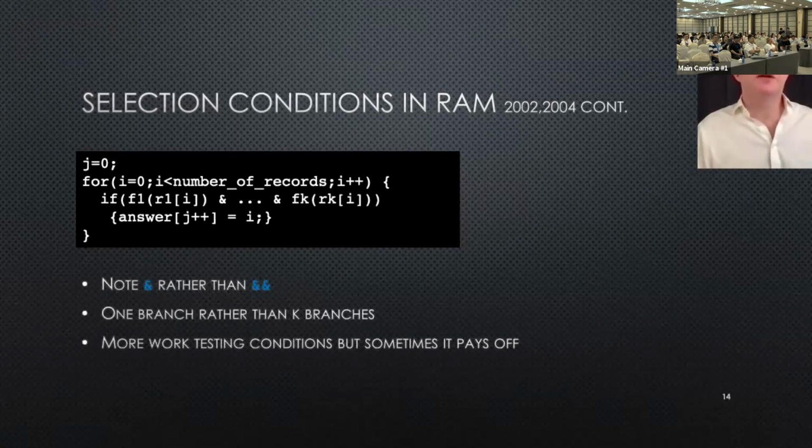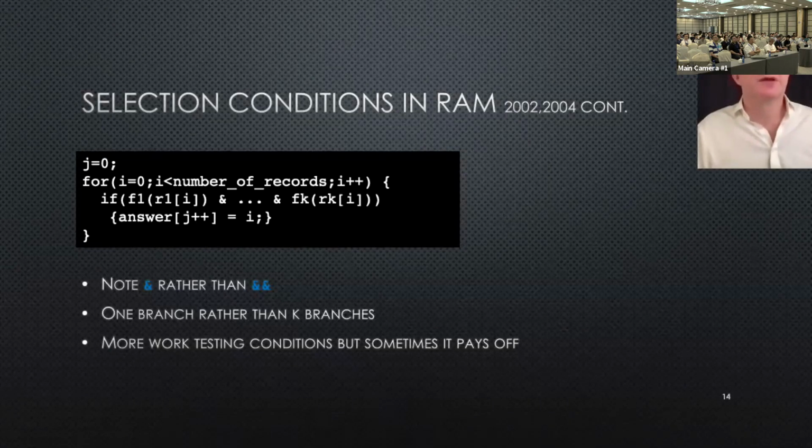In this version of the code, I've made one small change, replacing the double ampersands with single ampersands. The double ampersand only checks the right-hand argument if the left-hand argument passes the test, whereas a single ampersand will evaluate all of the arguments and just do a Boolean AND on the result. So that means you potentially do more work because you have to do all of the F function tests, rather than some of the time getting away with just stopping early